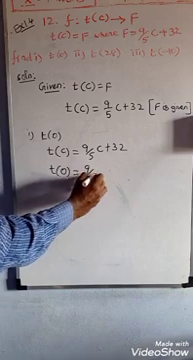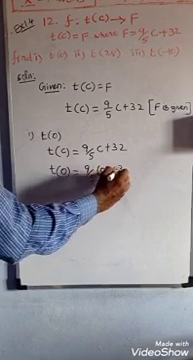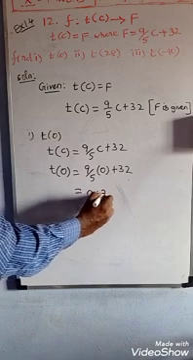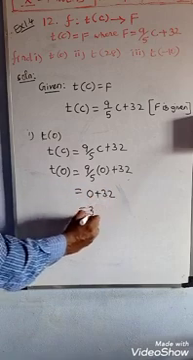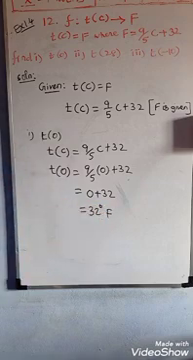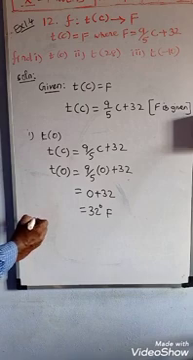So 9 by 5 of 0 plus 32. If you multiply or divide any number with 0, the answer is 0. 0 plus 32, you add 32 degree Fahrenheit. Okay, when the Celsius is 0 degree, then Fahrenheit is 32 degree Fahrenheit. Then next, the second point,